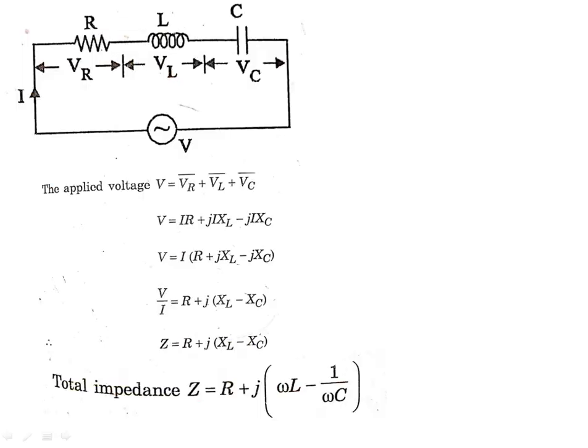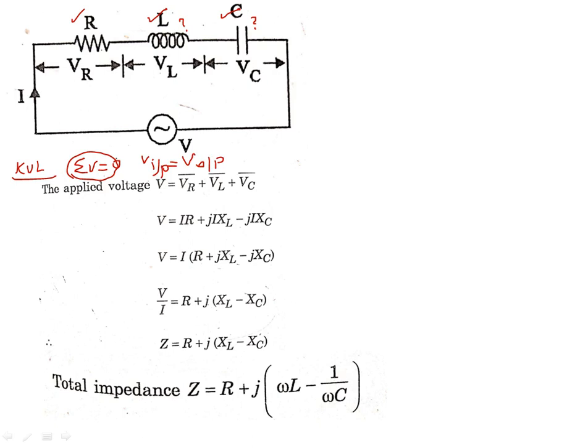Consider a simple RLC circuit. A resistance, which is not an energy storing element, an inductor, an energy storing element, and a capacitor, an energy storing element. So these two are energy storing elements. Keep that in mind. As per KVL, Kirchhoff's voltage law says that the algebraic sum of voltages in any closed loop is equal to 0, or the sum of input voltages is equal to the sum of output voltages.